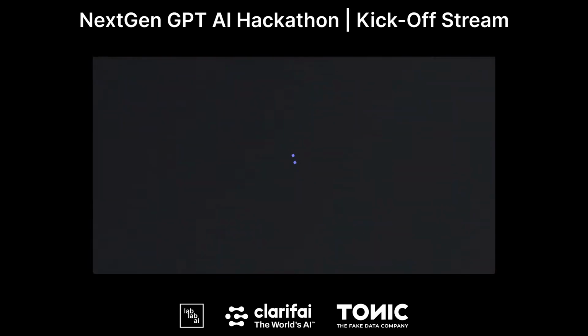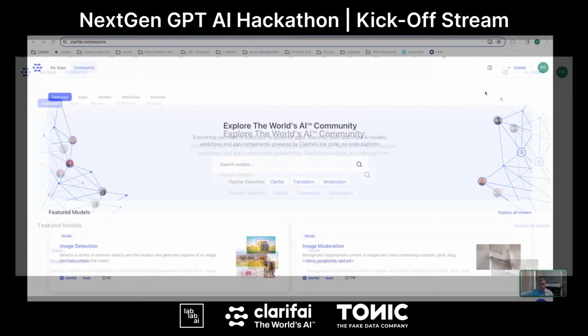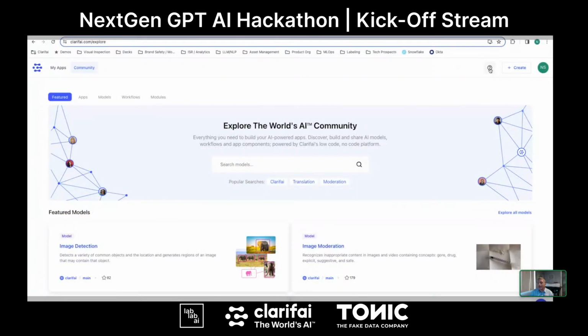Let's talk a little bit about what Clarifai actually is and why you should care about that. Alicia, can you see my screen okay? Outstanding. I'm getting the nod. So, folks, welcome to Clarifai. This is as complicated as it gets. This is our portal. In the upper right-hand side of our portal, I'm going to show you the first thing I learned when I joined Clarifai, and that's where the help is.